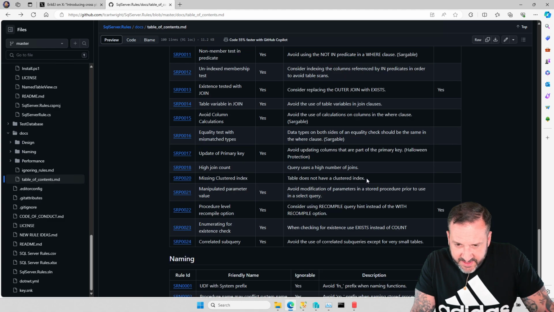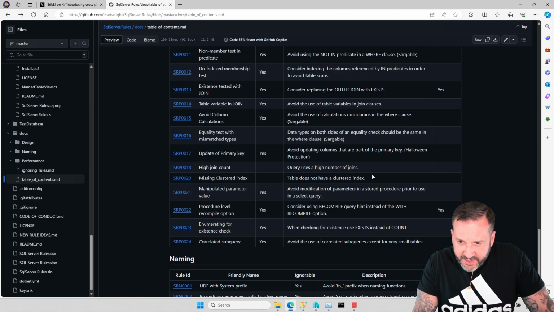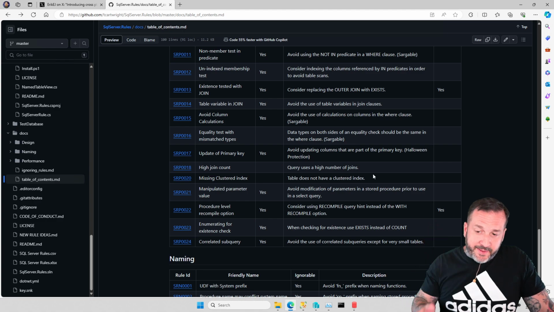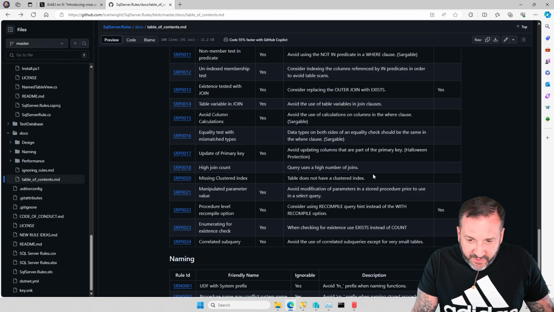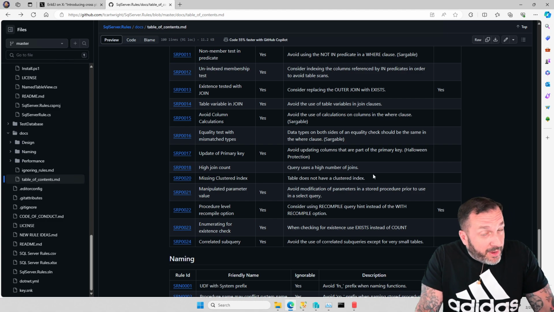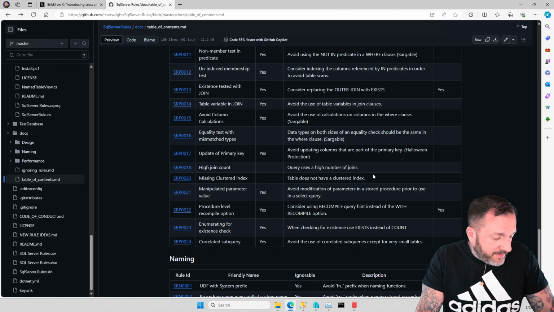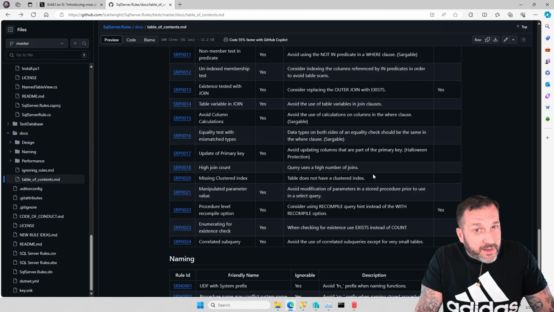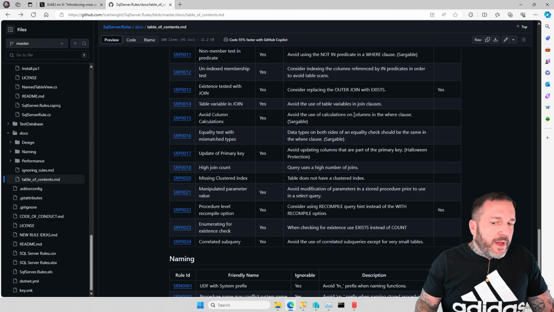Let's see here. Existence tested with join. Consider replacing outer. Yes, absolutely. Do that. Table variable and join. Avoid the use of table variables in join clauses. I'm on board with that too. They tend to not shine so bright when you do that stuff. I mean, we don't want to get into the nitty gritty of it, but in general, I agree with that